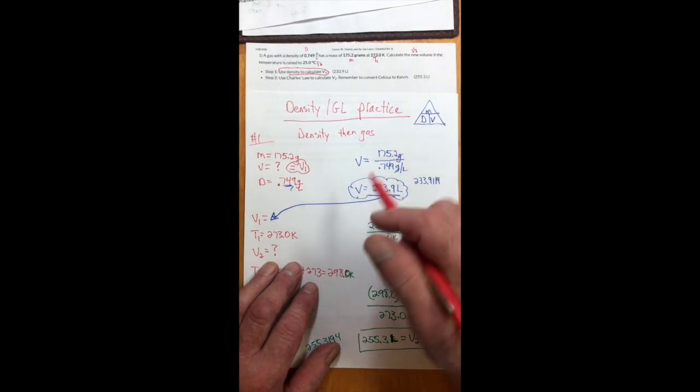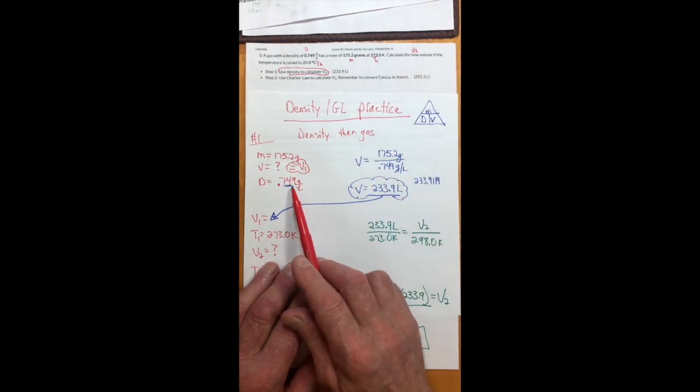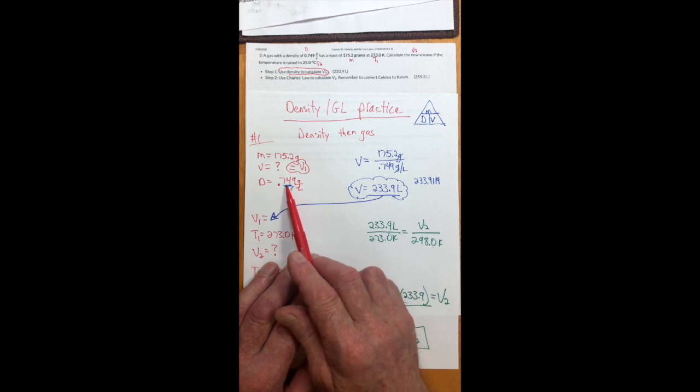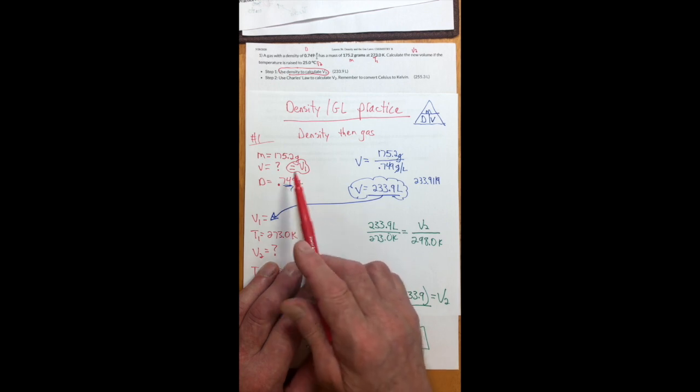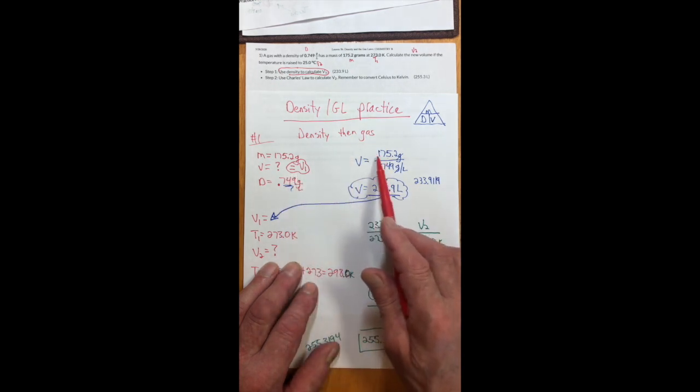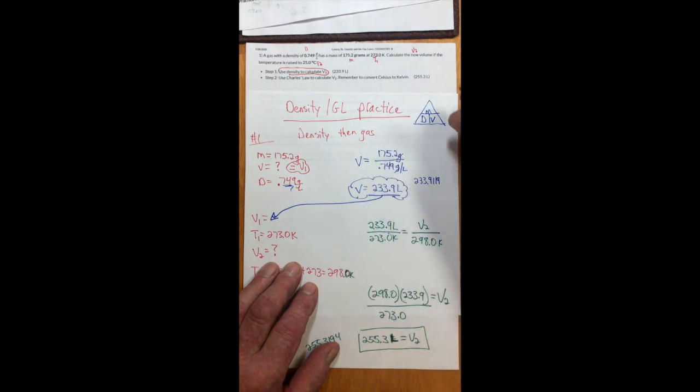So for number 1, right here's our mass. Here's our density right here. Notice I went more than 2 decimal places on that. And I want to find the volume. So it's pretty simple right here. Volume's mass divided by density. Divide it. Get that. I get